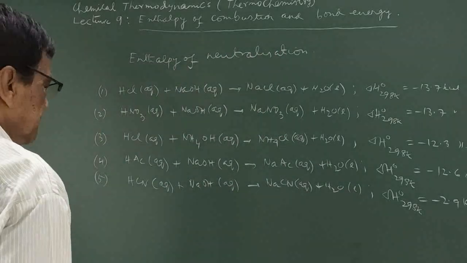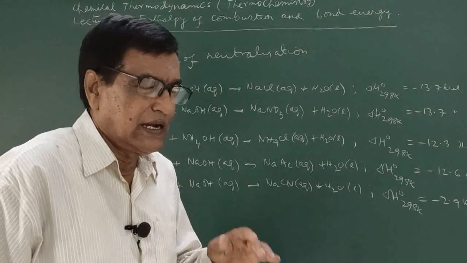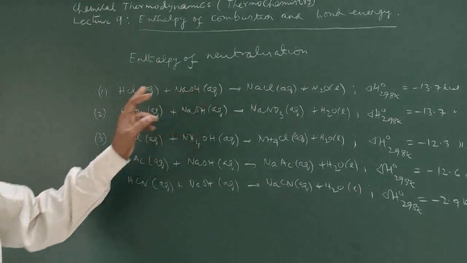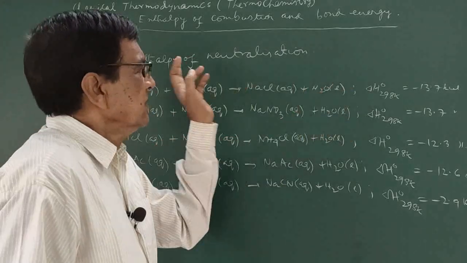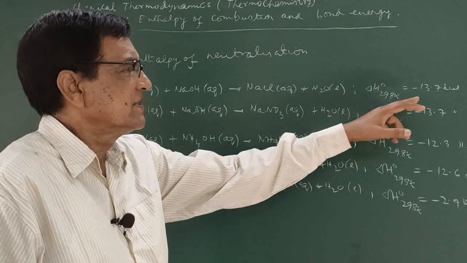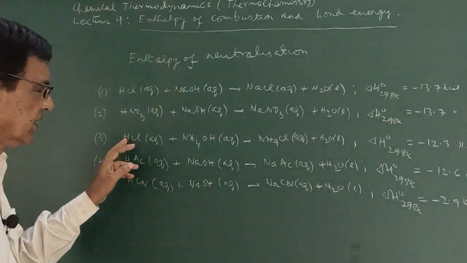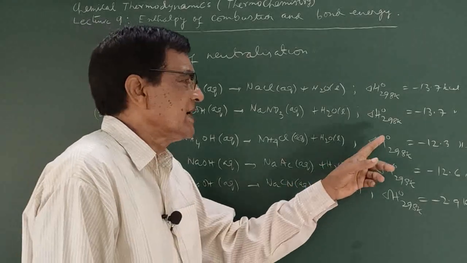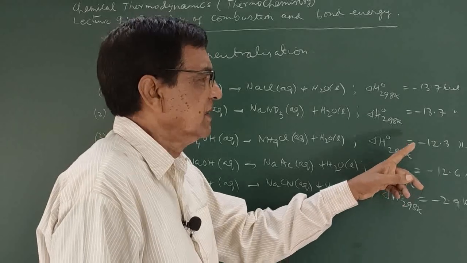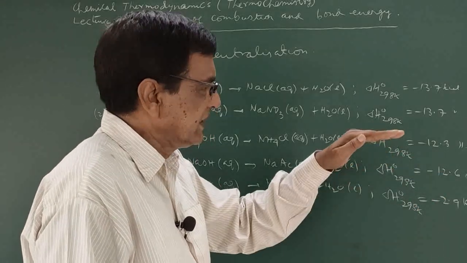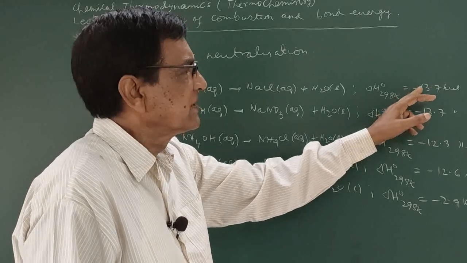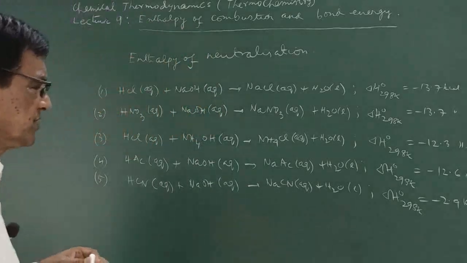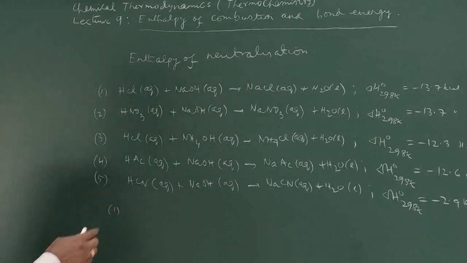So automatically two questions emerge from this data. One is that if we use a strong acid and strong base, then the standard enthalpy of neutralization is fixed. But if one or both are weak, then the standard enthalpy of neutralization is less than the value of minus 13.7. To search for the answer to these two questions, one is that for a strong acid, say HA,